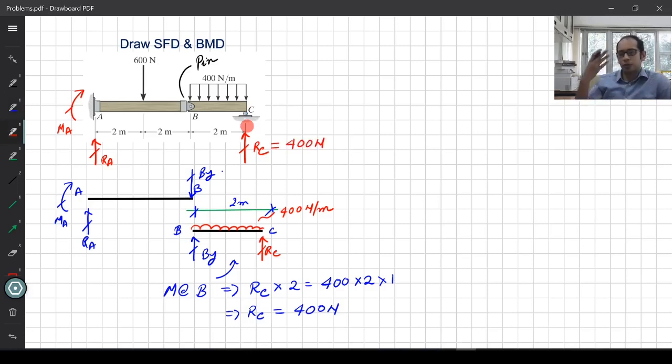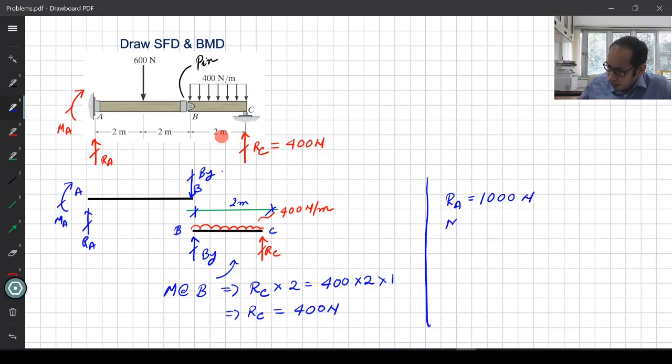Then you can solve the equilibrium equations for the entire system. Now you have a system where there are two unknowns and two equations of equilibrium: one is Fy equals 0, and if you take the moment about any point you will get the value of MA. So I'm not going to go ahead and do that. What you will get eventually, and try doing this, is that we have already found RC over here, and the other values, for example RA, works out as, I have this solved here already, so I'm just going to write the expressions that we get. RA comes out as 1000 Newton,